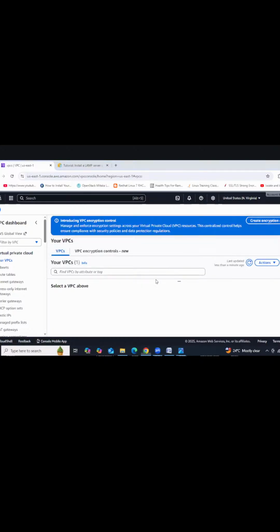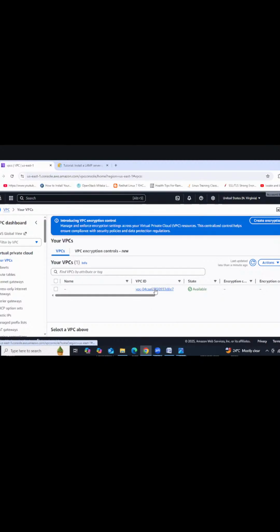Here you have an option called Create VPC. By default, you have a VPC. Let's see. Go to your VPCs. By default, you'll have a VPC. This is North Virginia's default VPC. Without a VPC, you are unable to launch an instance. Earlier we launched one instance to deploy the LAMP server, and I launched it into this VPC itself. Now, instead of using the default VPC, we are creating our own network, our own VPC.